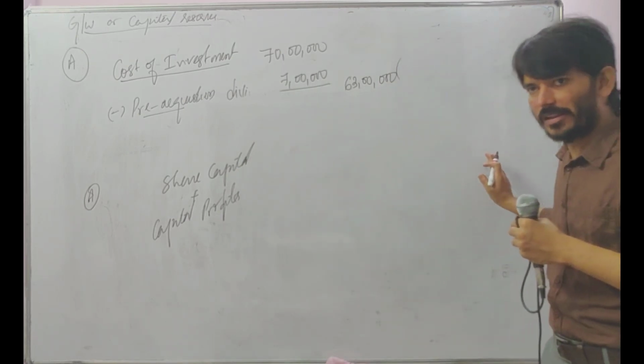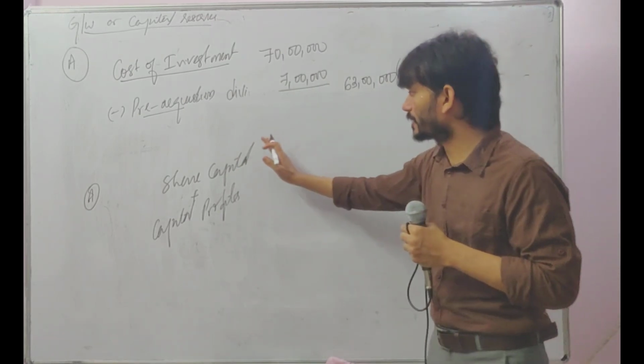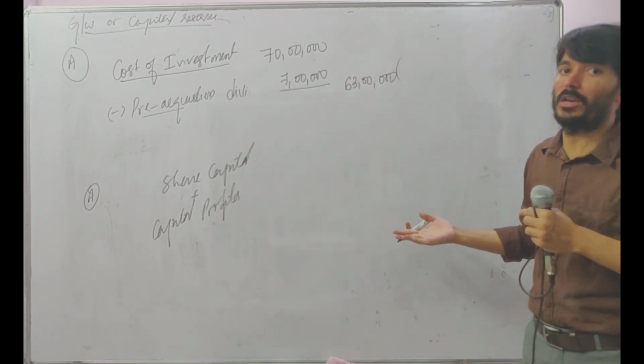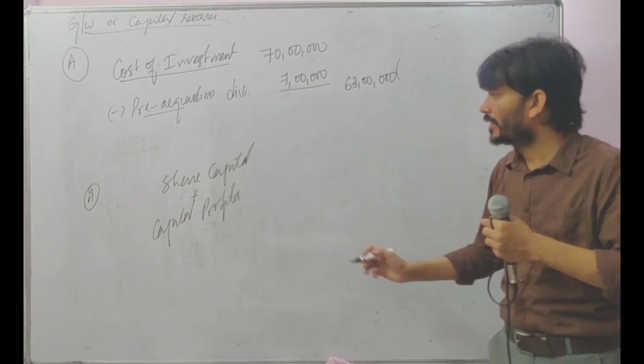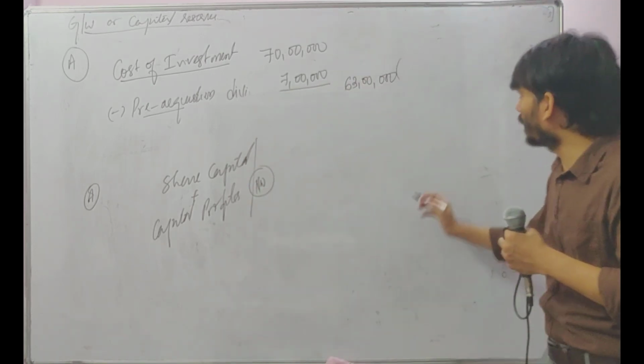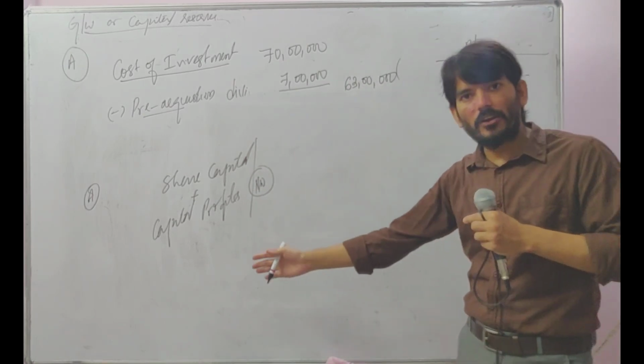Share capital, has he given in the question? He has given. Now we found out also. Of which 70% you can do, you will get it. But this capital profit you don't know, right? Like you don't know what is the capital profit on the date of acquisition. The easiest way is you find out the net worth. When the entire balance sheet is given like this in the question, you can find out the net worth.